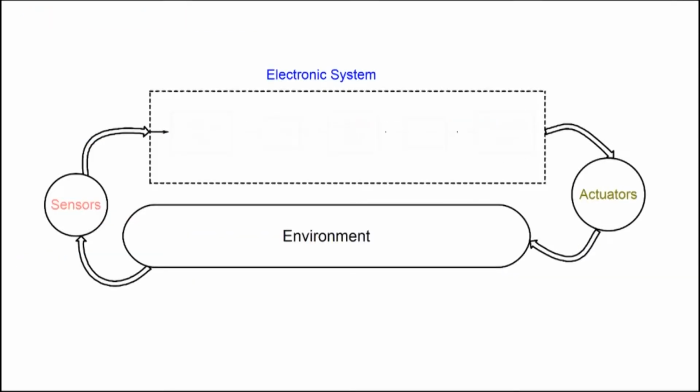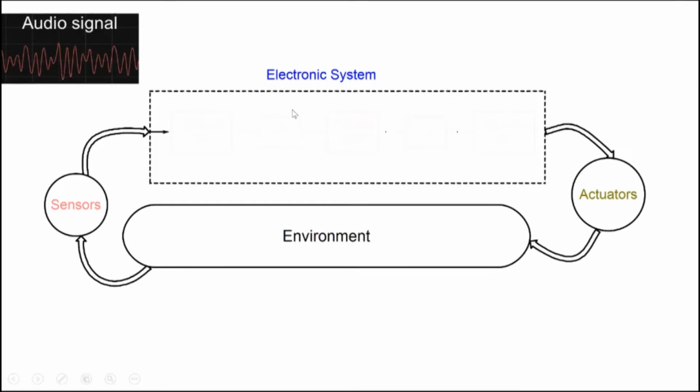Okay. So if we look at this electronic system, we are going to use electronics to solve problems. Whichever problems that we are looking at in an environment, we'll use sensors to transform it into an electrical problem. And then after doing a lot of processing of the electronic signal, we'll transform it back using actuators into a signal or a quantity of interest in the environment. So what are the elements of the electronic system? Well, if you use sensors to transform